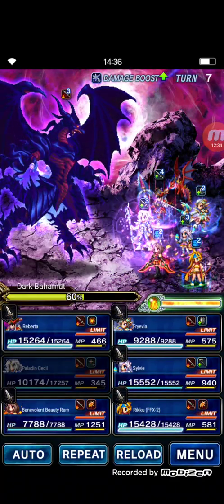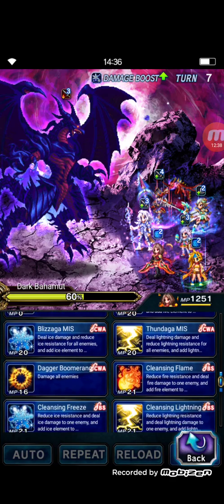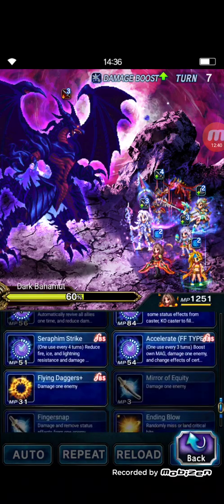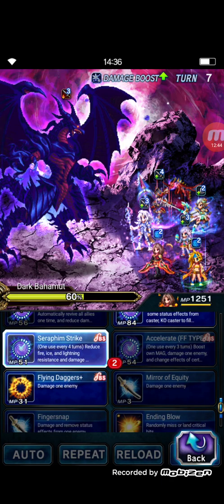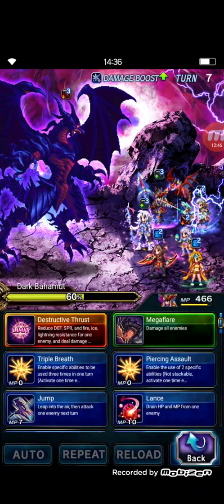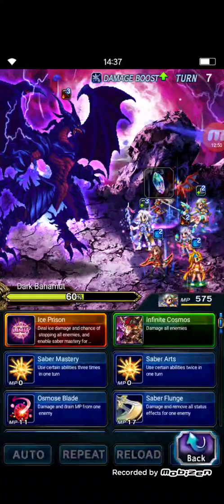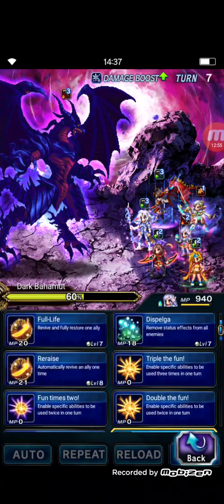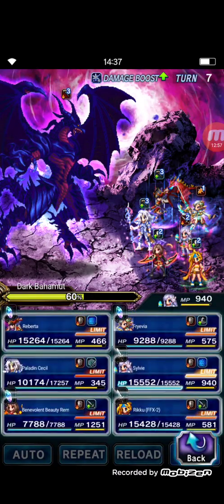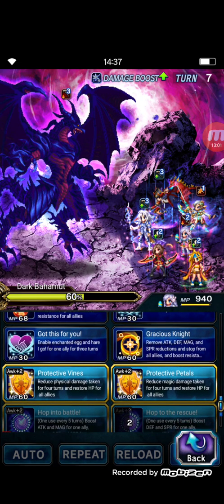For M, we must imbue her with ice again. Ice, cleansing freeze, accelerate, and seraphim strike. For Reperta, triple ice breath, and Flavia, triple freezing tempest 2. We can buff using Sylvie here, and